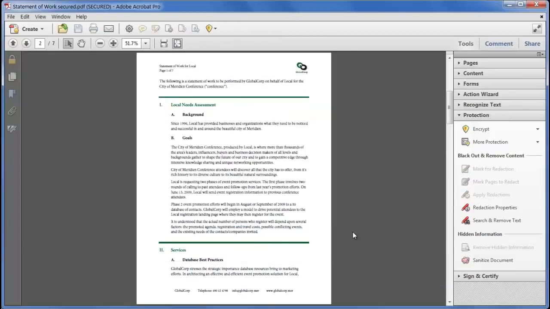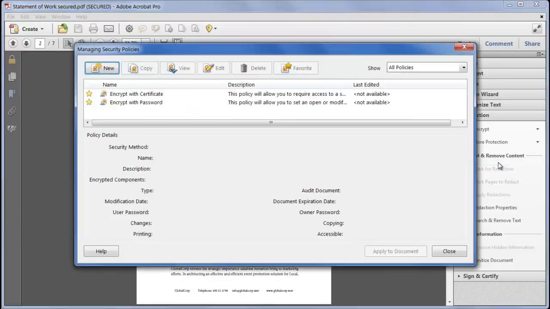And when we finally save the file, the security is applied, as you can tell from the title of the window. Of course, always applying the same choices every time is a bit annoying, and in Acrobat we can create presets for any type of encryption using Encrypt, Manage. The dialog shows all of your predefined policies, including any from DRM servers you may be connected to. Let's click New and make a new